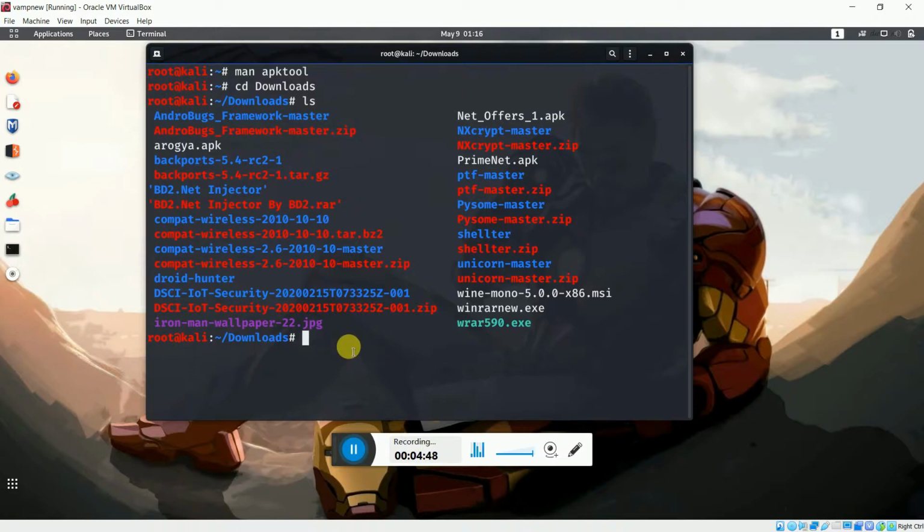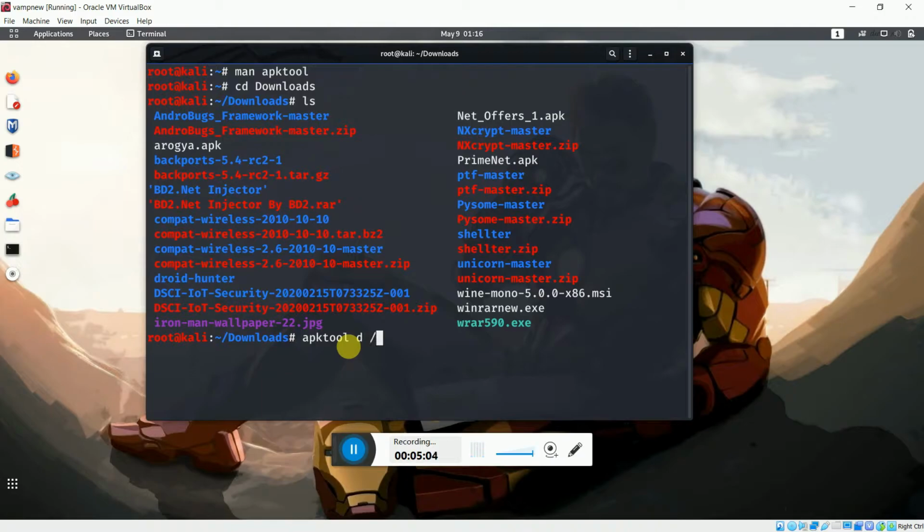Now in order to use this APK tool, you just type apktool, and after that you write d for decompile or decode, and then you give the path and the name of your APK file.